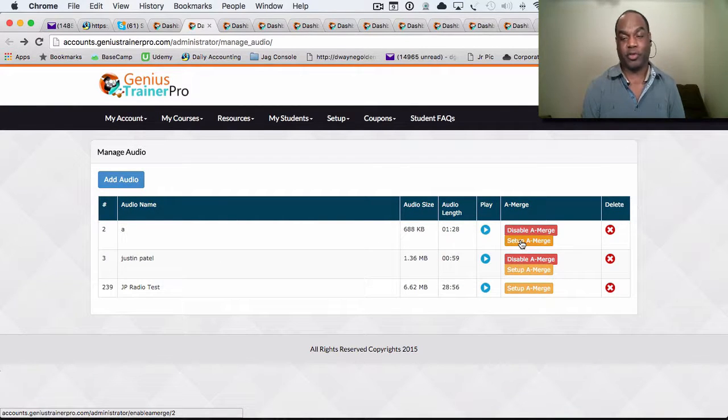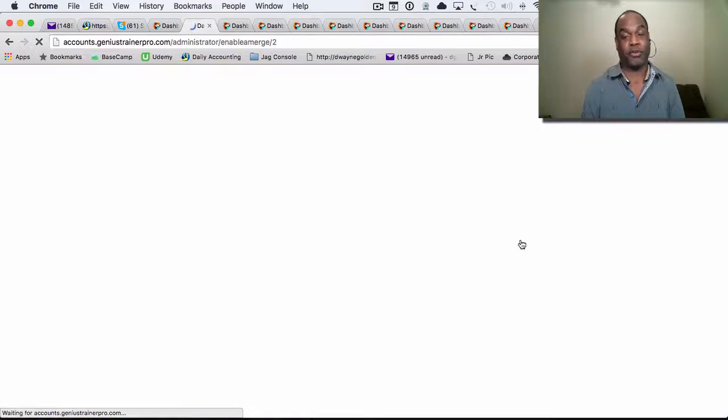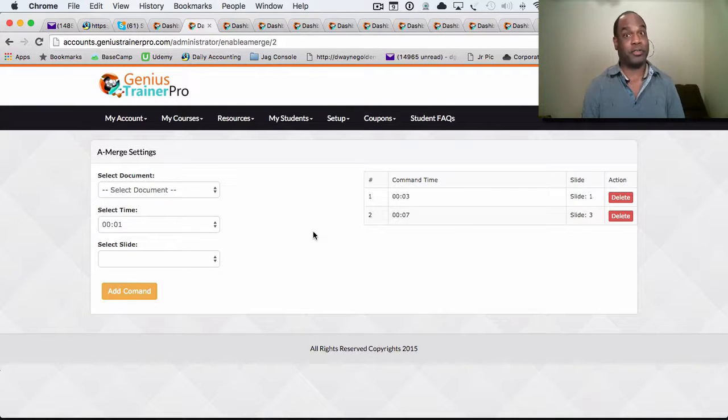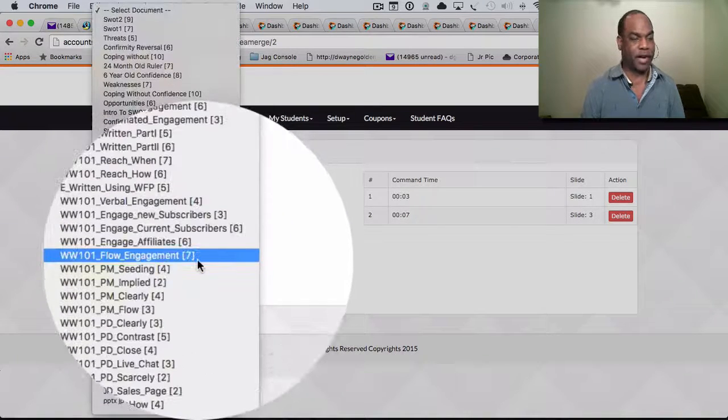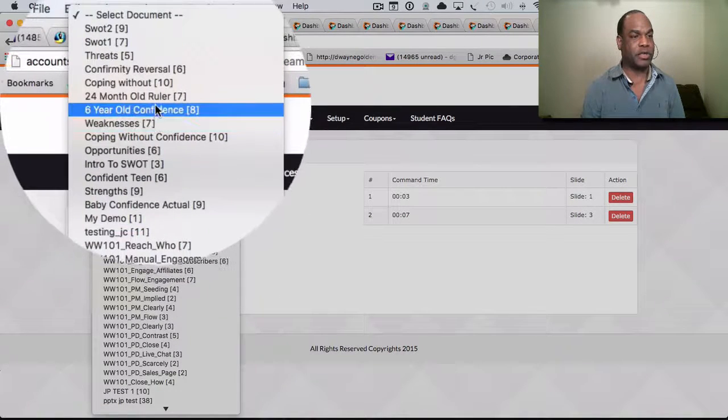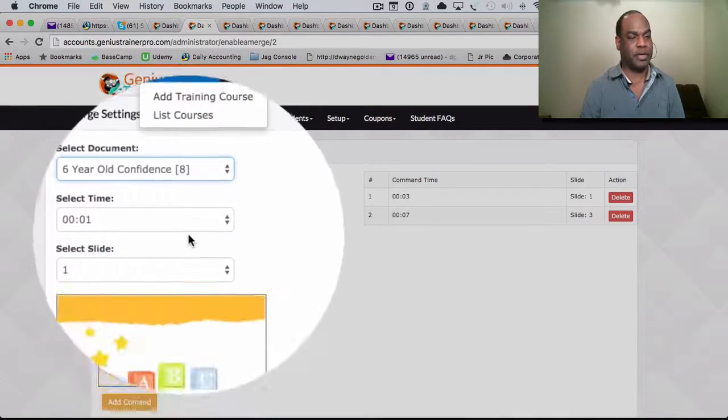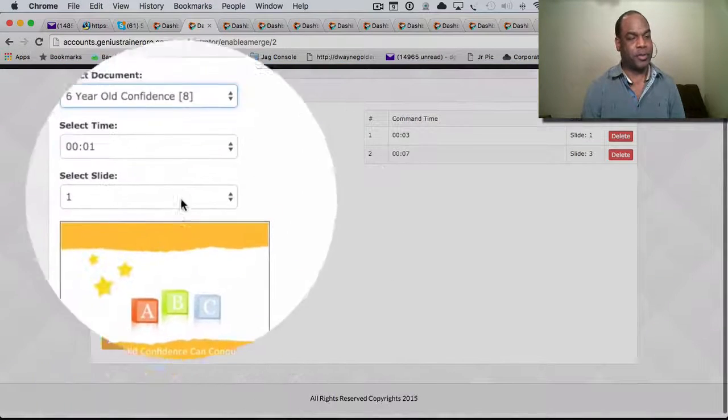You literally just do something we call setup A merge or V merge. A merge is for audio merge, and V merge is for video merge. So you can take any slideshow you have out there, let's just grab one, Six-Year-Old Confidence. Then you see the slide, and you can tell it at